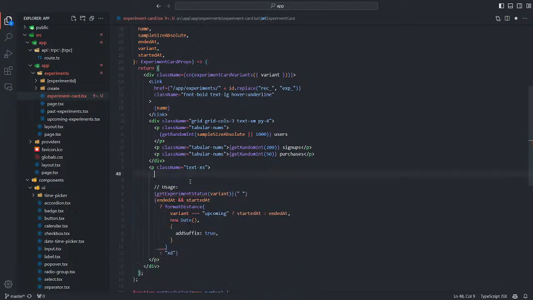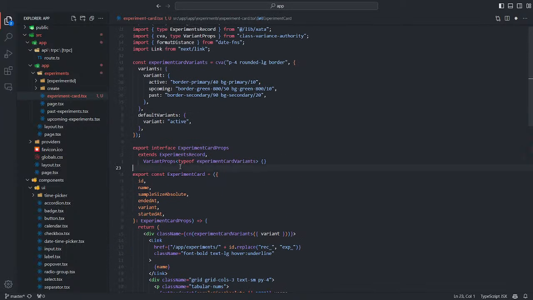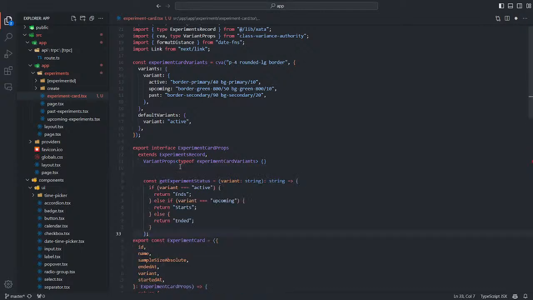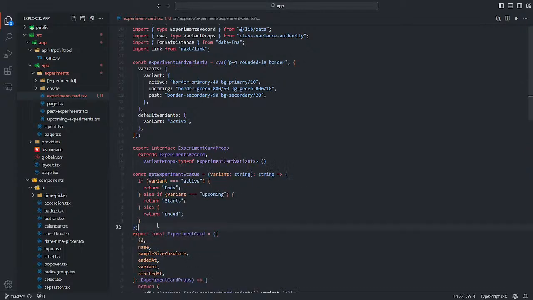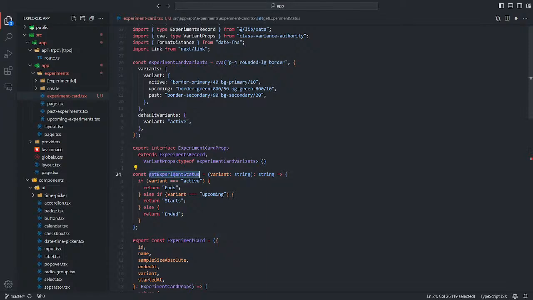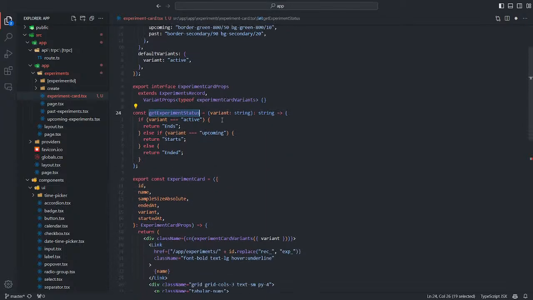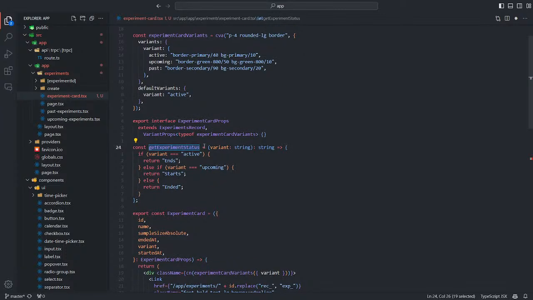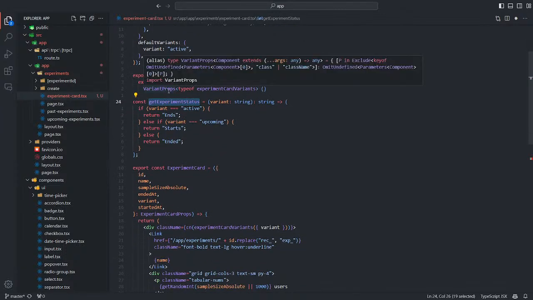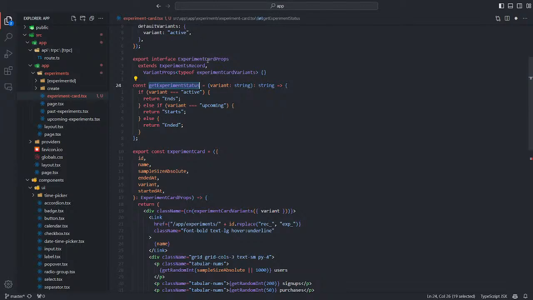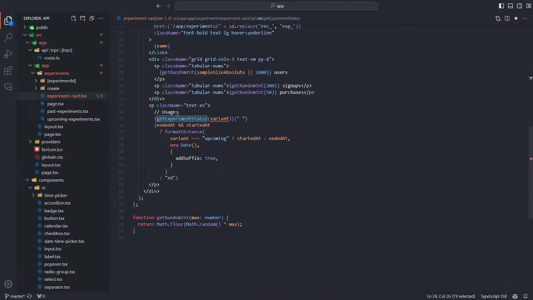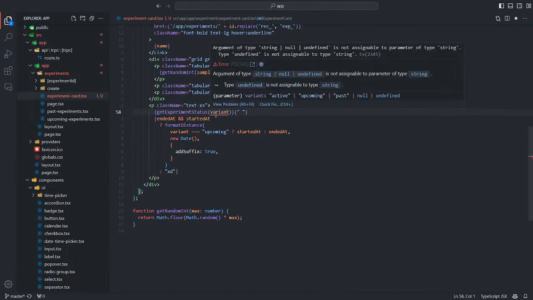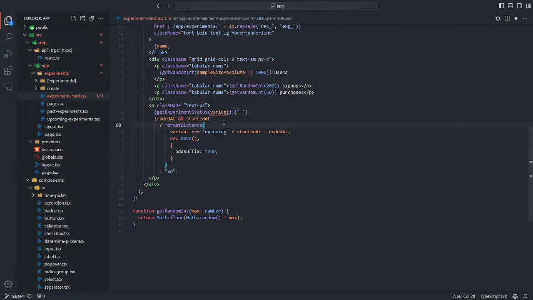I think we could use this. Experiment status with variant.